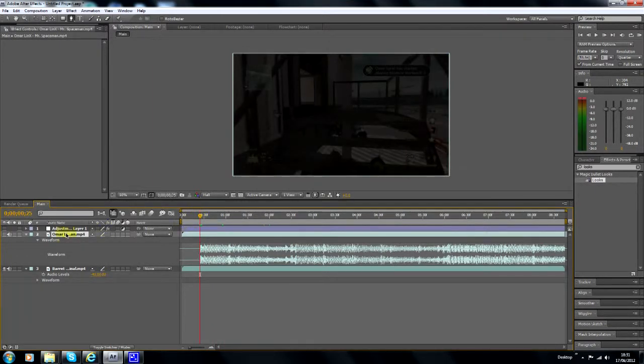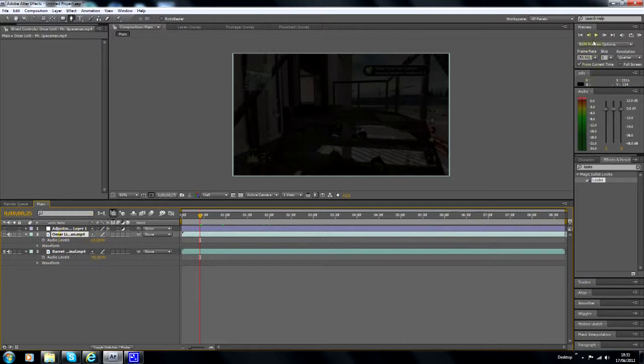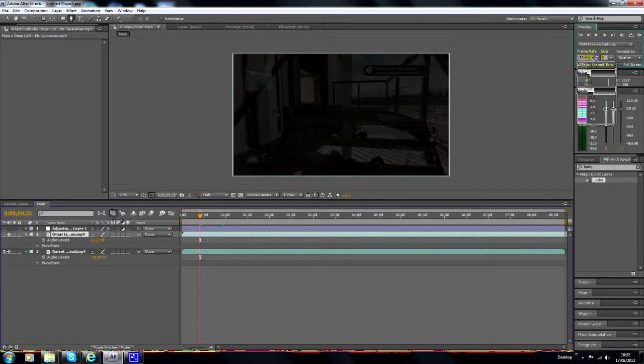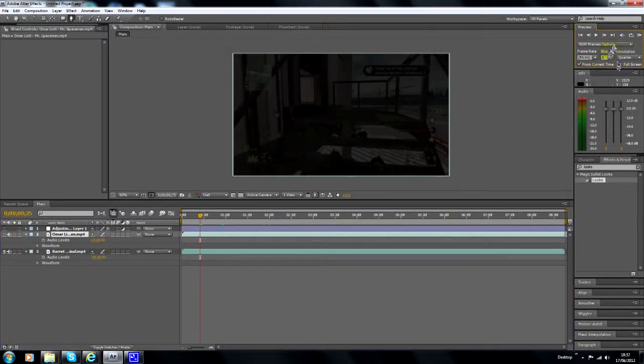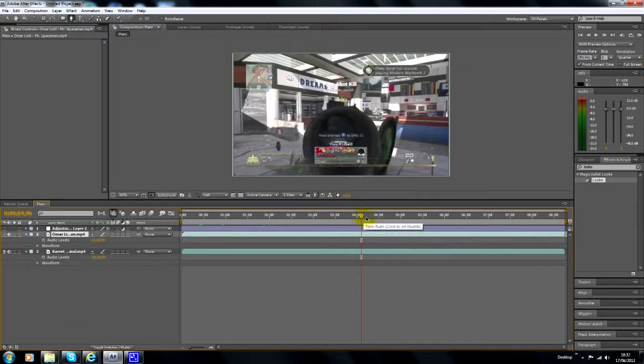So I think that's pretty much it for the basics. Oh yes, if you want to preview your clip or what you've done so far, you want to come up to RAM Preview here in the top right. That's where I've put it, and make sure the settings are 59.94 or whatever your comp is. And I've just made my resolution a quarter because you don't really need it full for just a preview. It would take far too long. And I've made it from current time because otherwise it'll start from the very start every time if you don't have that checked. So I have that checked,